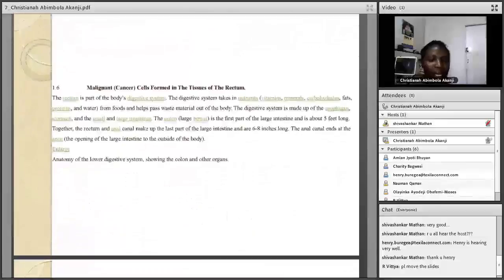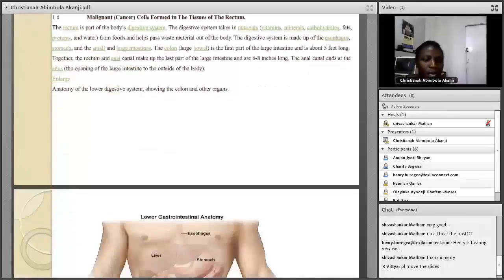The diagram. The rectum is part of the digestive system. The digestive system takes in nutrients, fat, protein. The lower